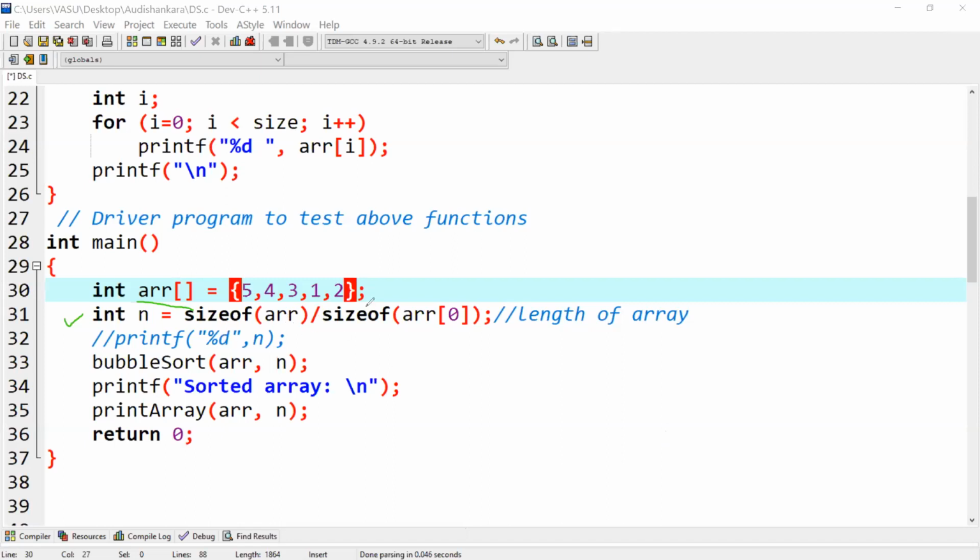Size of array divided by size of array of 0. Here I have found out the length of the array. Now tell me what is the length of this array. What is the size of the array? Don't tell me the length. The size of the array, you tell me. 5? Sure.